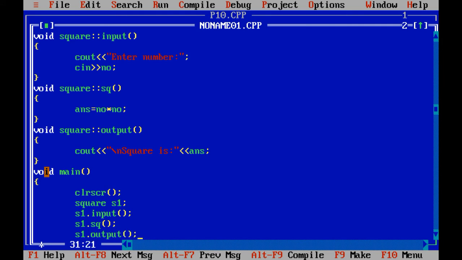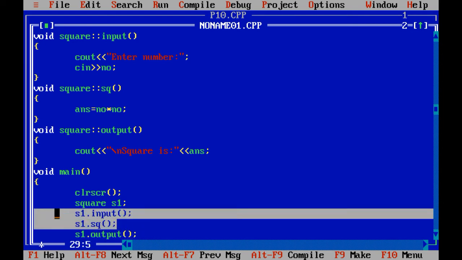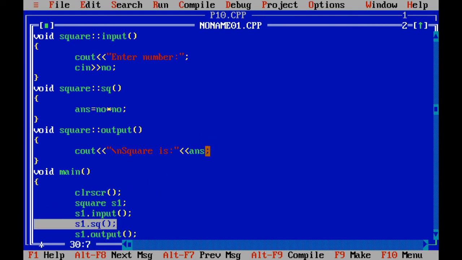I am repeating again and again that the sequence of calling functions means a lot. Suppose I call the output function first, at that time you will not get any proper output. Why? Because the answer variable contains a garbage value. So you need to be careful while you call the functions.